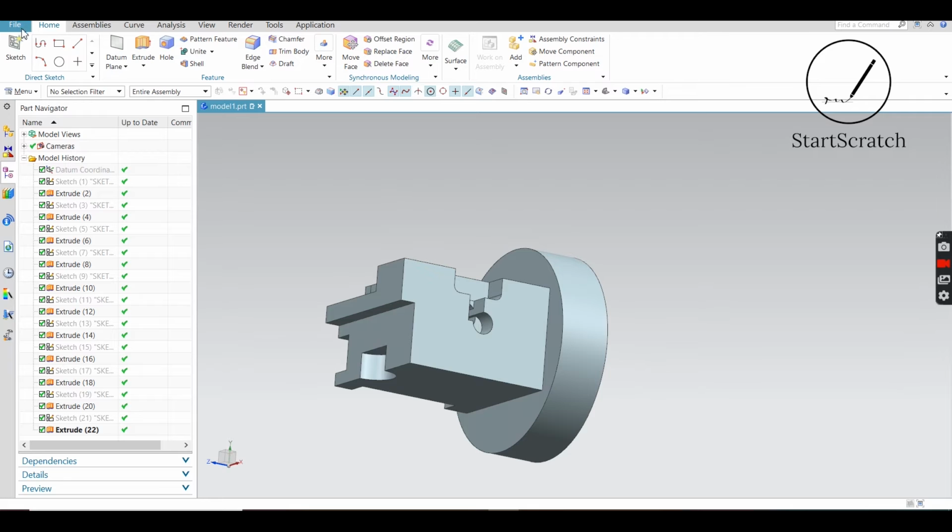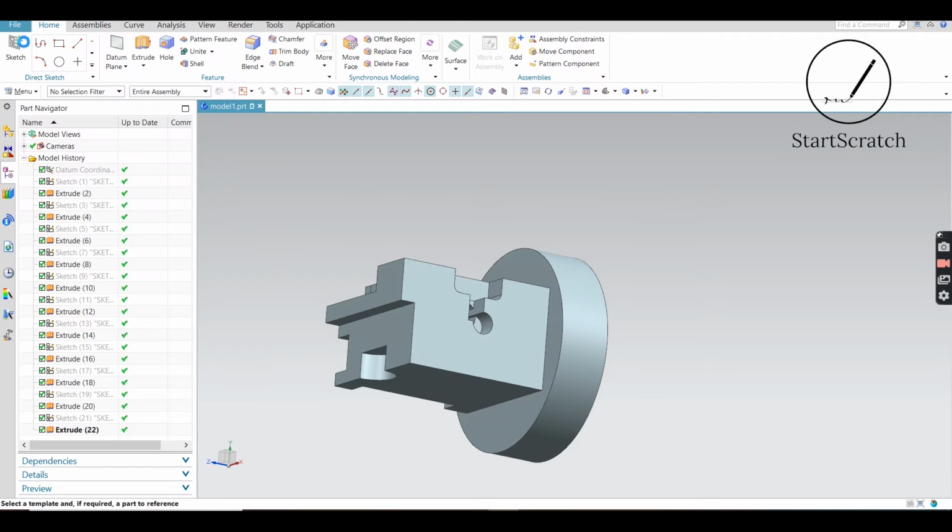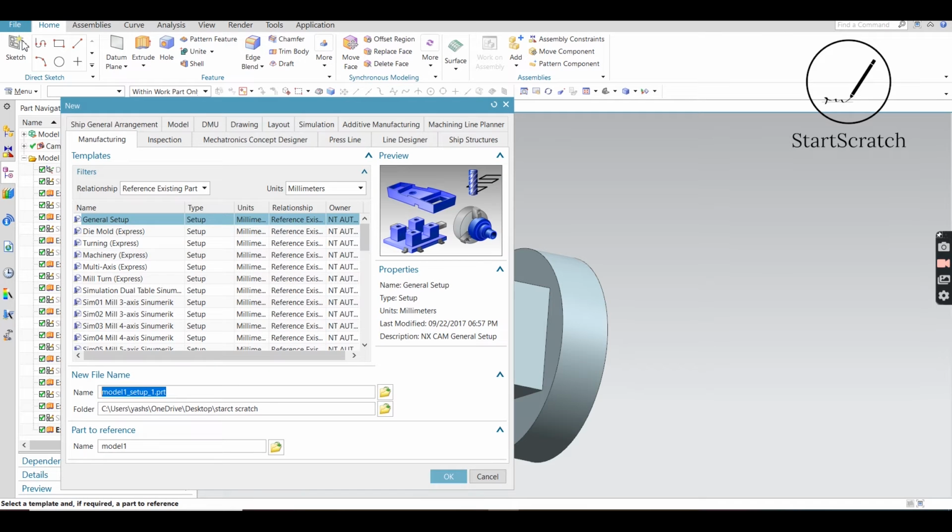Let's start the manufacturing of this part from the blank hollow cylinder. So this is the template view. Before starting any manufacturing process, we need to set the template.